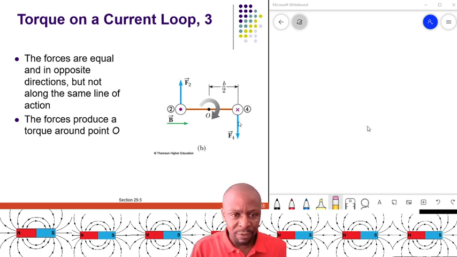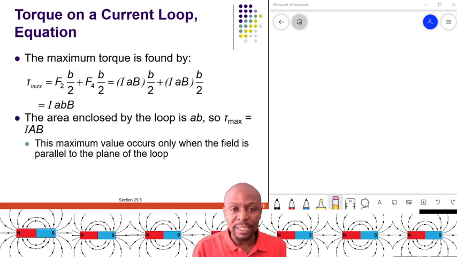Now, the force produces a torque around point O. If we have point O here, there will be a torque that is going to be produced by this force. Now, in that case, what is a torque? A torque is just the force times the distance, and we know the distance at point O, because we know it is just going to be b half. And then when you add the b half plus that, because we know that the force is just the same,